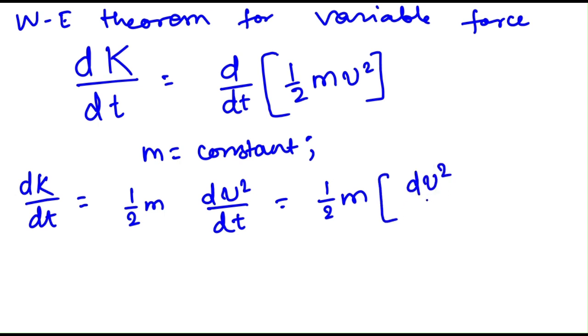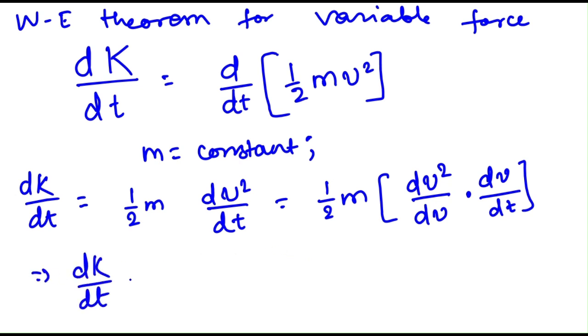We have dv square now. So we can apply here chain rule this way. Look, now we can differentiate this v square with respect to v. So, let's say, dK by dt will be 1/2 into m, and this will be 2v, and then we have, mind it, this is not a dot product now. I'm just writing dv by dt,